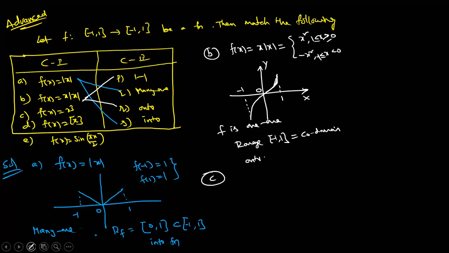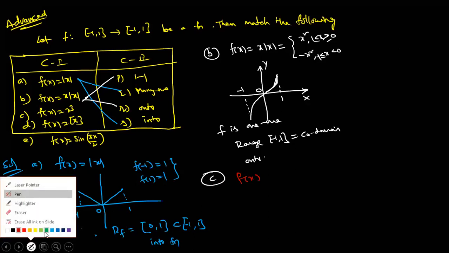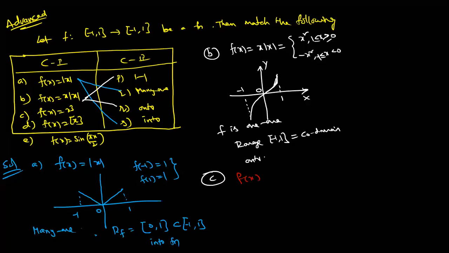C. Anyone? What is C? f(x) is not visible. Just a minute. f(x) is equal to what they have given? x cube. So x cube, what is the formula? Like that it is coming. See carefully. This is also -1. In this case, the graph for B was y = x square and this is y = x cube. Okay, both are completely different graphs.